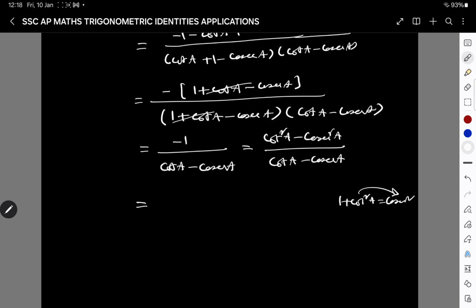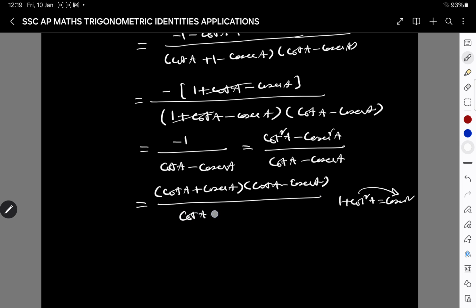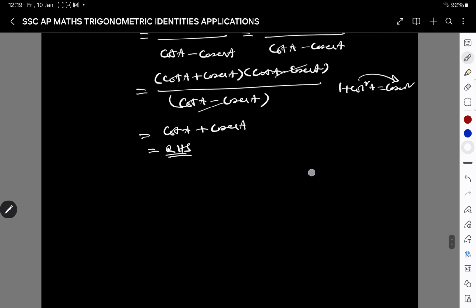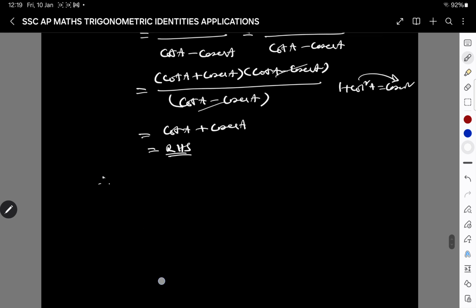This is equal to again a square minus b square. We write it as cot A plus cosecant A into cot A minus cosecant A by cot A minus cosecant A. And cot A minus cosecant A is cancelled. You get cot A plus cosecant A. This is equal to RHS. And therefore, finally, we proved